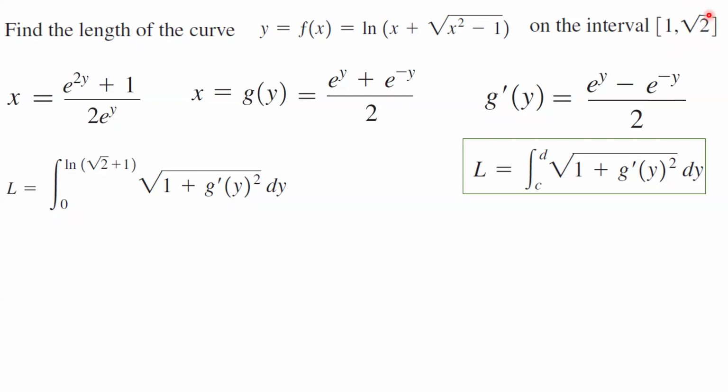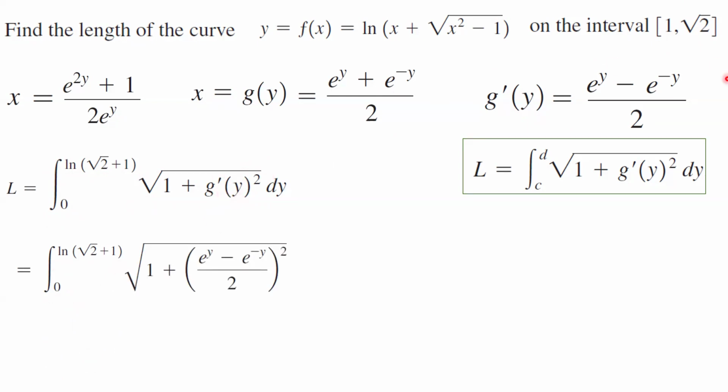When x is equal to square root of 2, your y becomes ln of square root of 2 plus 1. And then we take the square root of 1 plus g prime of y to the second power dy, which is basically this guy here. This is equal to the definite integral from 0 to ln of square root of 2 plus 1, square root of 1 plus,